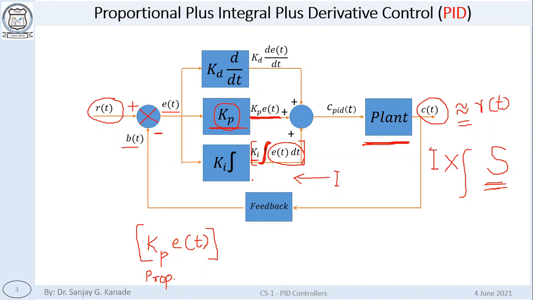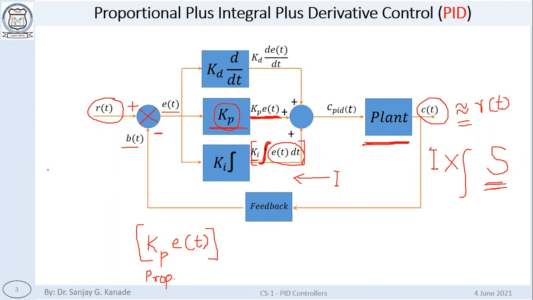That's why this integration sign is there. It stands for S. Anyway, so in the integral controller, what we are doing, we are integrating the error. Now what this signifies, it means that instead of only the current value of the error, E of t, the current value of the error, we are looking at the historical values of the error. Current as well as historical values.